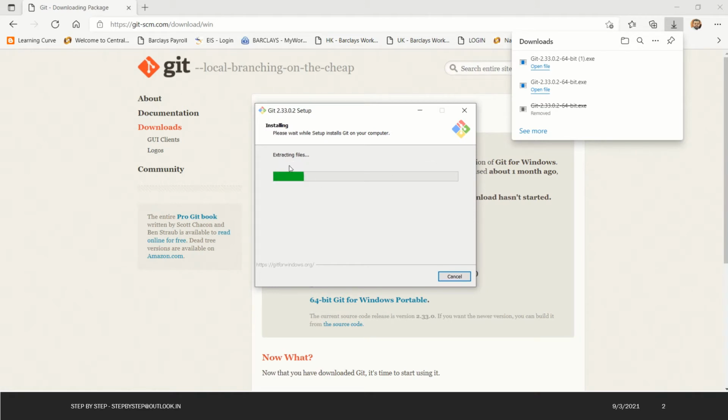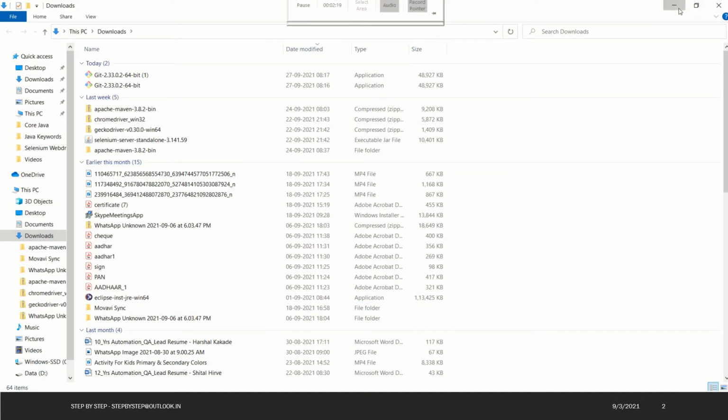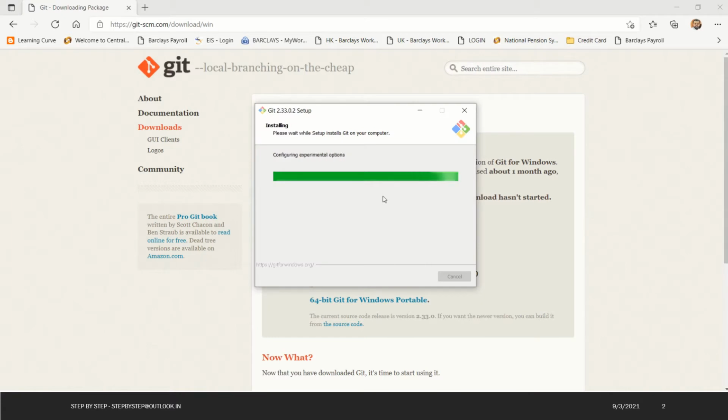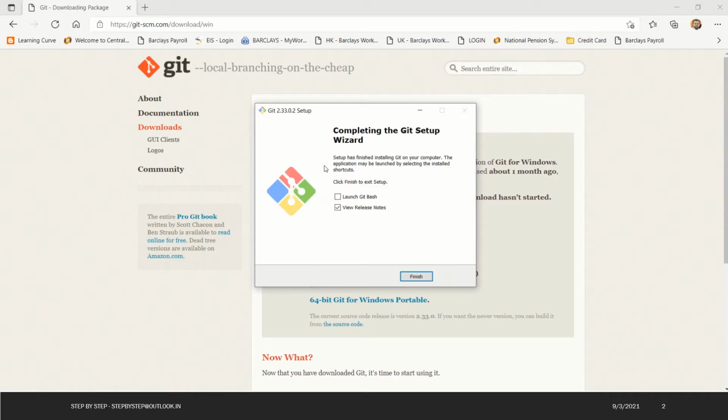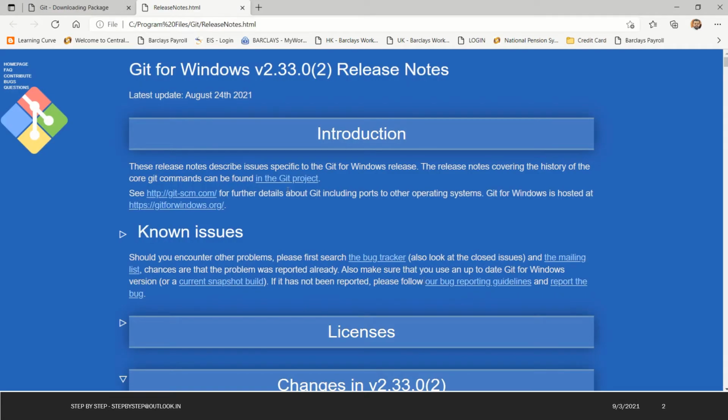So now it will install Git on my local machine. I'll wait for it to finish. The installation is quite fast, as you can see. Let me see whether the installation is done or not. Yeah, it is running the post install script now, so the installation should be done any minute now. Okay, so it's done. We just need to say finish. So now we have installed Git Bash.